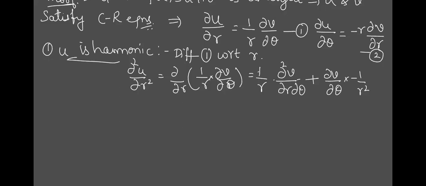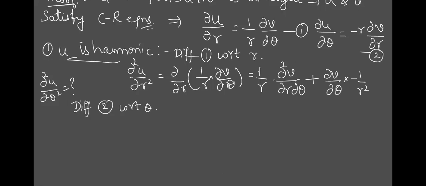What do we want in the Laplace equation? We want one more thing, ∂²u/∂θ², isn't it? We should know what this is. What has to be done to get it? See the previous part, the related thing. Differentiating with respect to theta. Which one? Equation 2, which is ∂u/∂θ. We need it again with respect to theta only, so let us differentiate this with respect to theta partially.